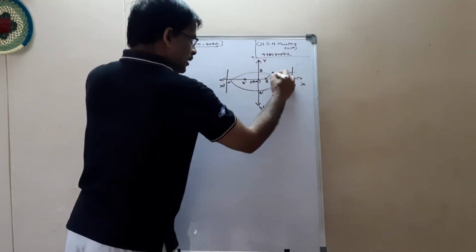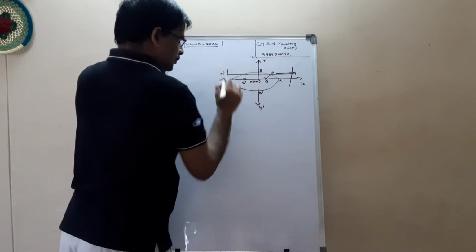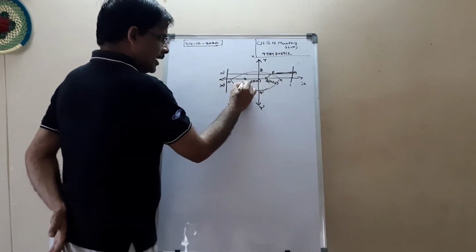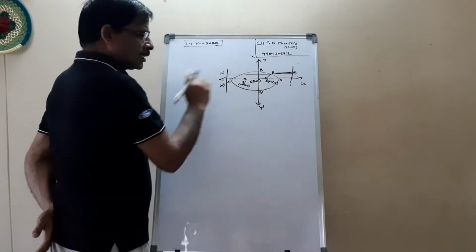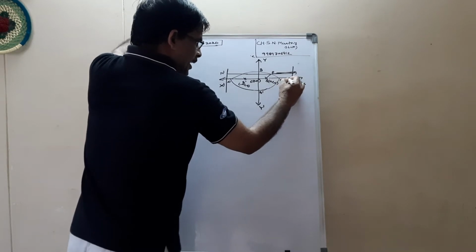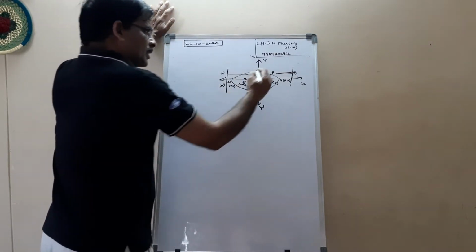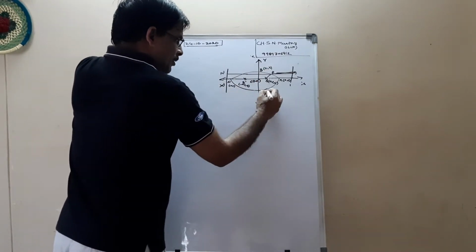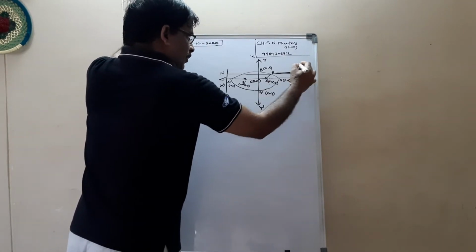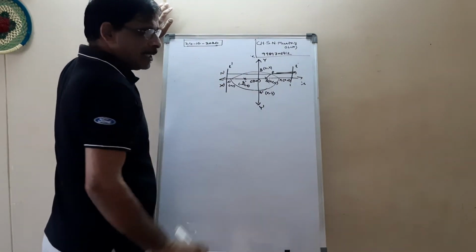This is the PM, PM dash. You know the coordinates of S, AE comma 0, here AE comma 0. Here this side is negative. The coordinates of A are A comma 0, A dash coordinates are minus A comma 0. This is 0 comma B, B dash equal to 0 comma minus B. This is one side of the directrix. This is the second side, the left side of the directrix.